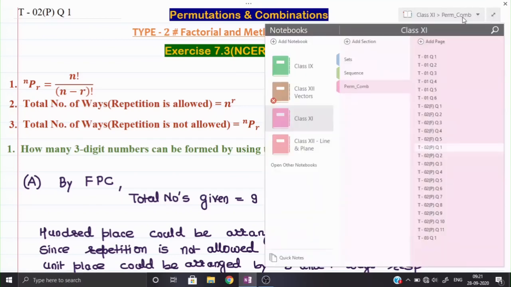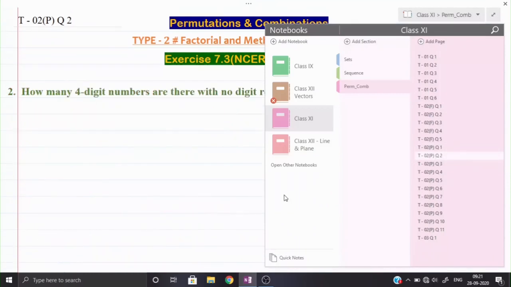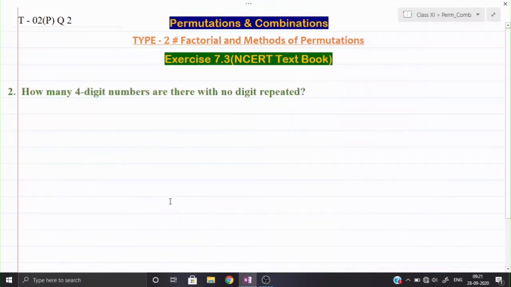Now let us see how we can solve the second question. In the second question, they are saying we cannot repeat the digit, meaning the formula nPr will be used here. That is one thing. The second thing is we have to make a 4-digit number. From which digits we have to make it is not mentioned here. So by default we shall take all the numbers from 0 to 9, otherwise you would be given specific numbers. Since it is not mentioned, we will take all the numbers 0 to 9.